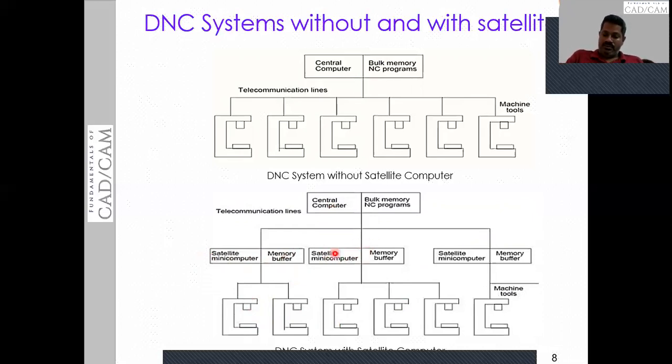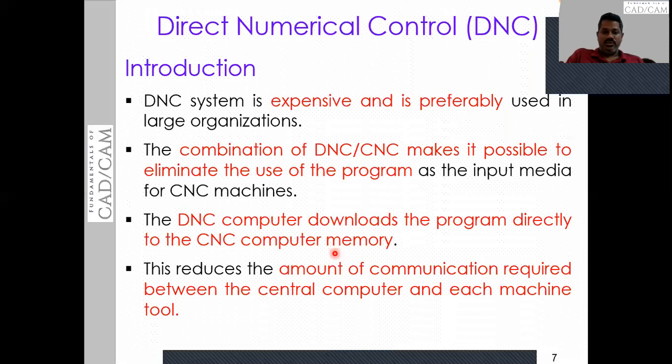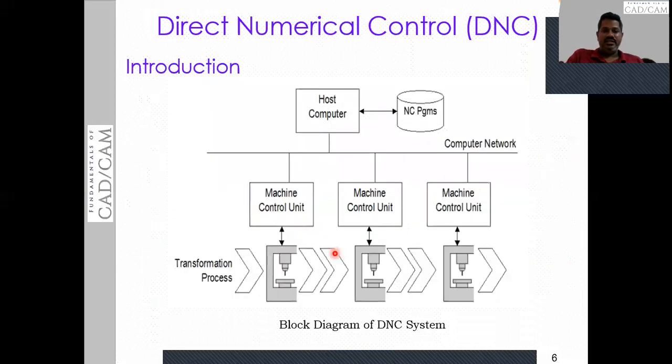So next, we have discussed all these. Then we also discussed the block diagram of DNC, in which you can find the basic working principle of the DNC system. As I said, you have one main computer or a host computer where all the programs are stored in the huge memory of this computer, and this computer is connected to a number of machine tools